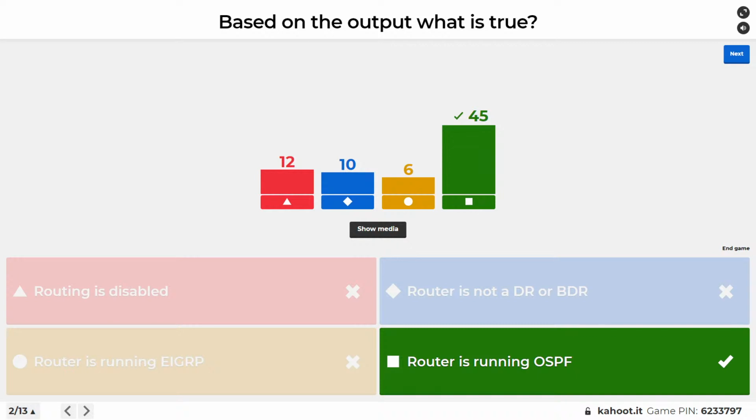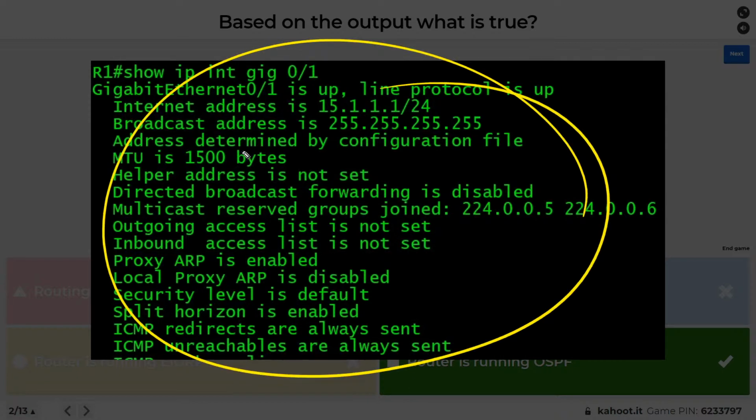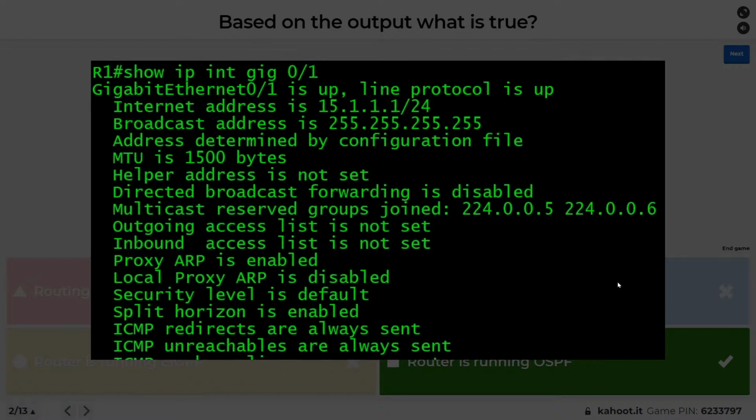All right, so based on this question, if we show media, the only true answer is routers running OSPF. And I say that a little bit joking. This is what we talked about in Discord yesterday. The question was, can we get a quiz based on a bunch of output? So I look at this, just between us, in this room, and I think, oh my gosh, TLDR, it's just so darn much output. But it's not like reading a book where you have to read the whole book to get it. You just look at the pieces that make sense to you or that you need for that part. So what do we know about this?